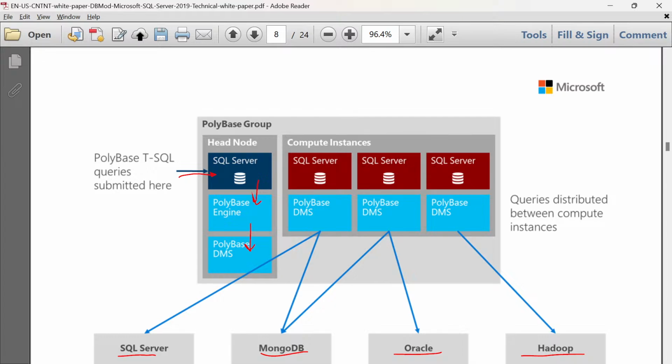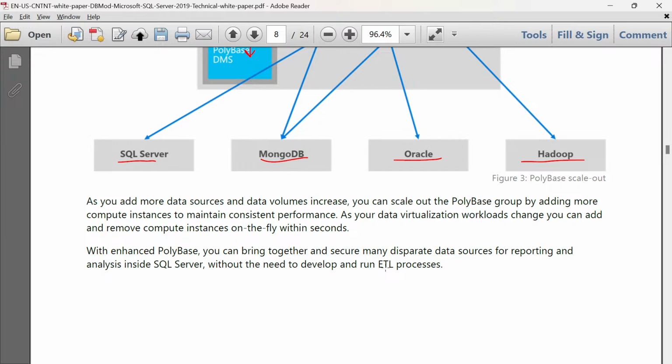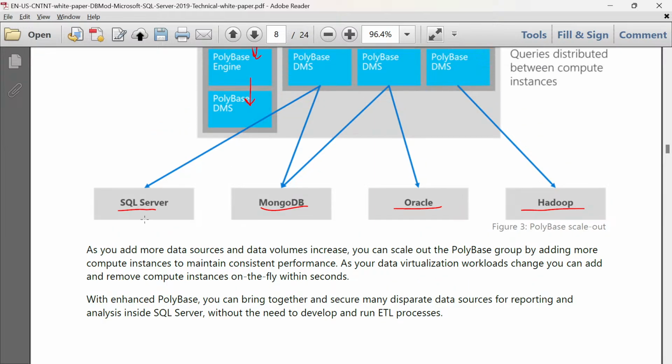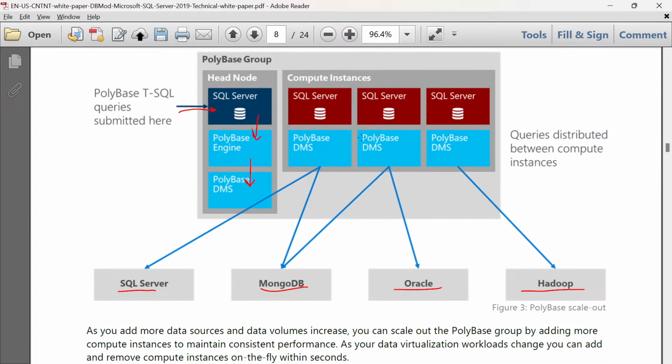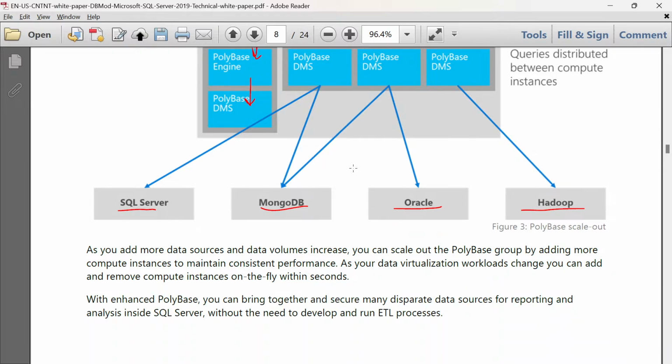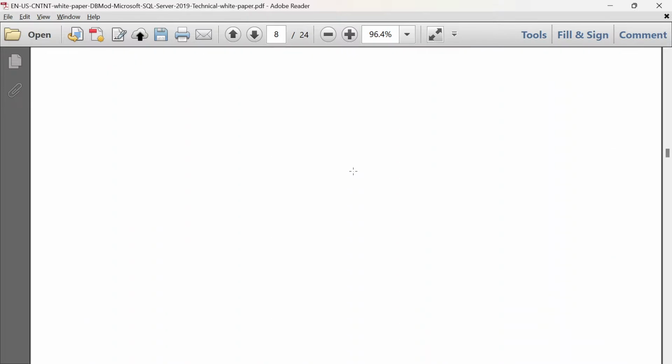So it generally shows the architecture of a conventional database system where the interaction is done from various external sources to the SQL Server. All right. So for every external data source, you need to have a Polybase data management store or database management system within your Polybase group. Okay. Moving further.